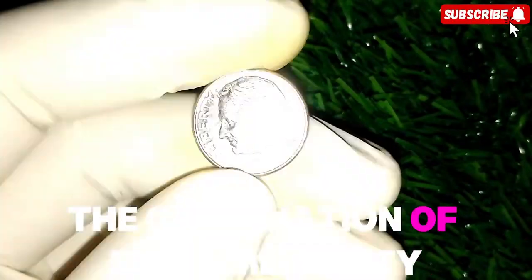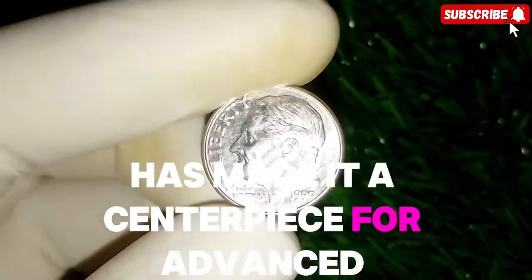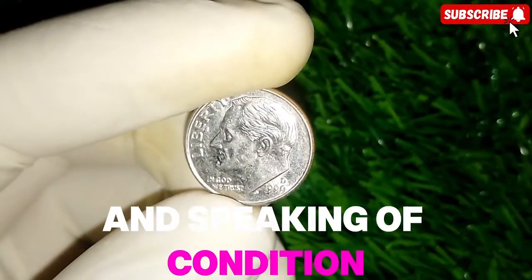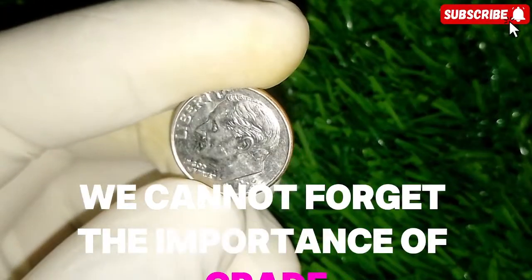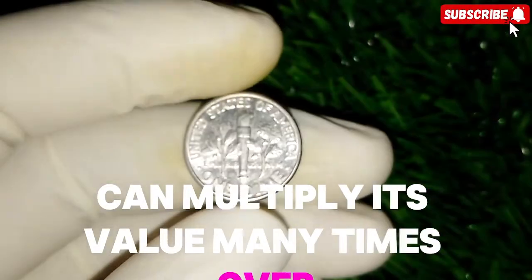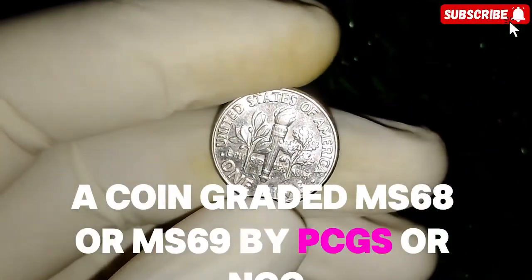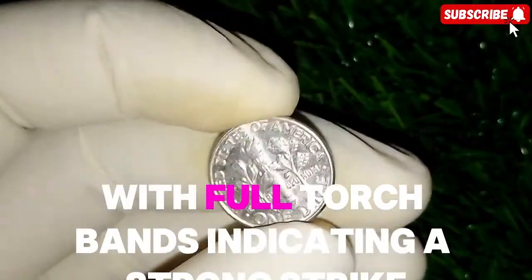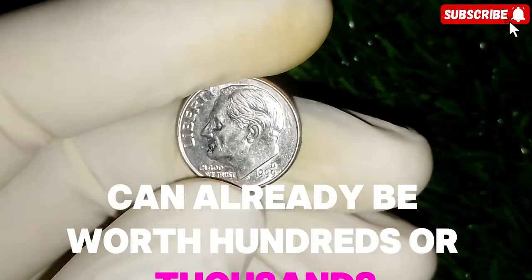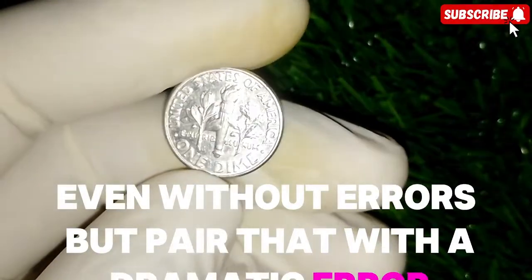The combination of extreme rarity, condition, and error variety has made it a centerpiece for advanced collectors and a dream find for treasure hunters. And speaking of condition, we cannot forget the importance of grade, because a coin's state of preservation can multiply its value many times over. A coin graded MS68 or MS69 by PCGS or NGC with full torch bands indicating a strong strike can already be worth hundreds or thousands even without errors, but pair that with a dramatic error and you are in the